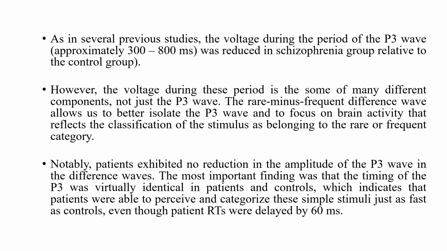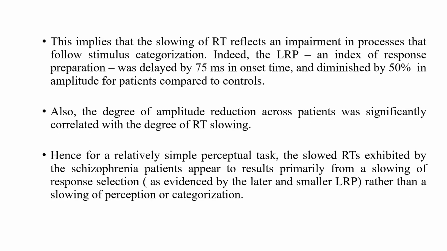The most important finding here was that the timing of the P3 was virtually identical in both patients and controls, which indicates that the patients were able to perceive and categorize these stimuli just as fast as the control subjects, even though we see later that their reaction times are slower by 60 milliseconds. This tells us that the slowing is not because of perception and categorization differences, but rather response selection differences. So this implies that the slowing of the RTs reflects an impairment in the processes